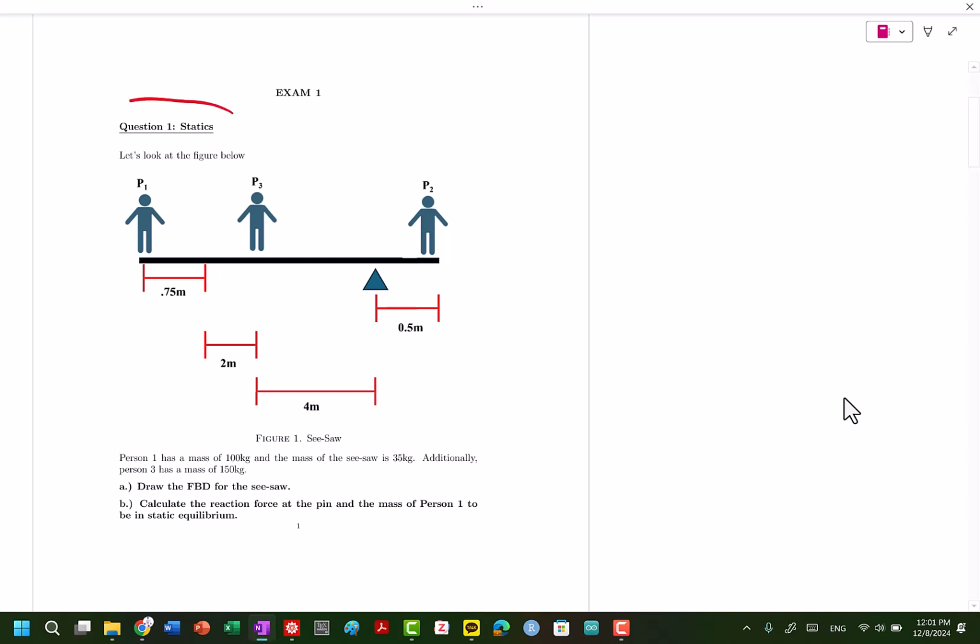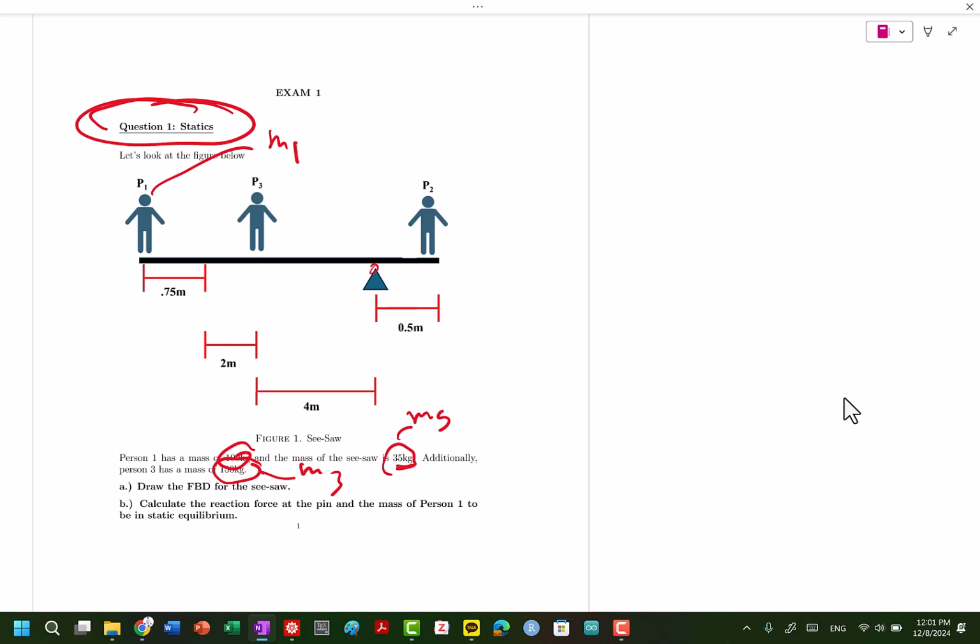All right, everyone, we are going to go through our exam 1, question 1, statics problem solution. Person 1 has a mass of 100 kilograms. So we have a mass 1, which is this. We have the mass of the seesaw, which is this. And person 3 has a mass of 150 kilograms. So we need to draw the free body diagram for the seesaw, reaction force at the pin, which is right here,